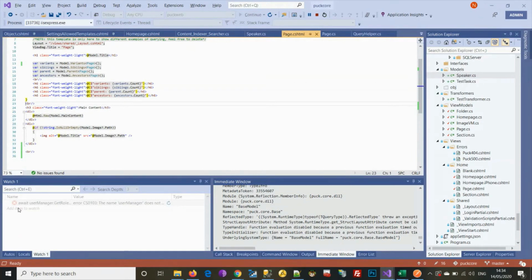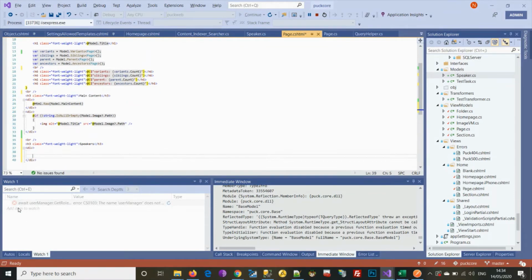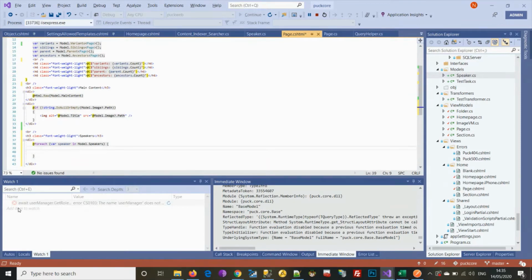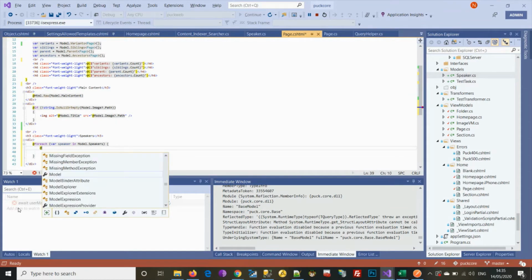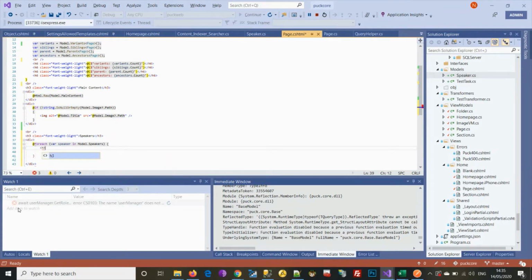So let's just copy the title block, call it speakers, and we can loop through our speakers. We can do var speaker in model.speakers, and we can have a h3 for the speaker name,